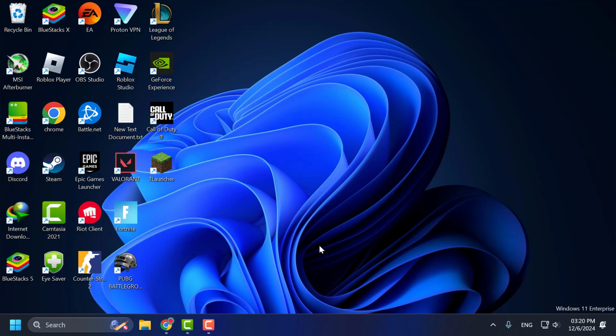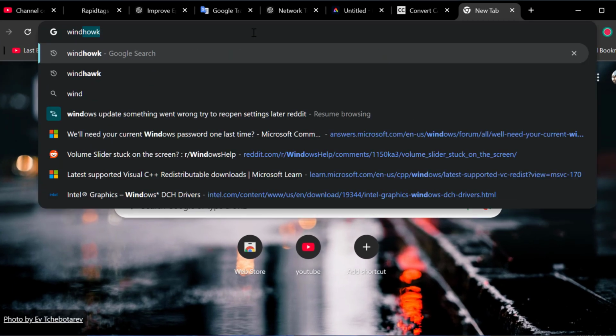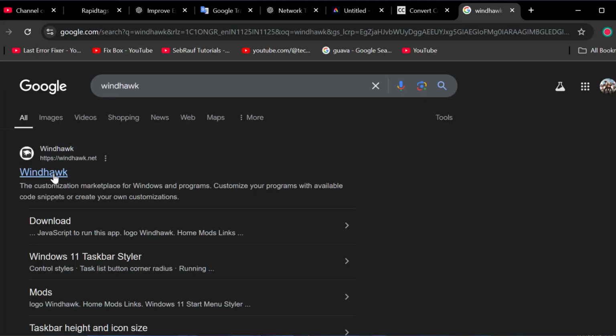Today we are going to see how to change taskbar size in Windows 11. I'll show you guys how to do it. You just need to open up Chrome and search WINDHAWK and press enter. Select the first link,